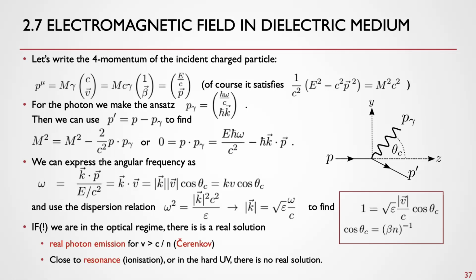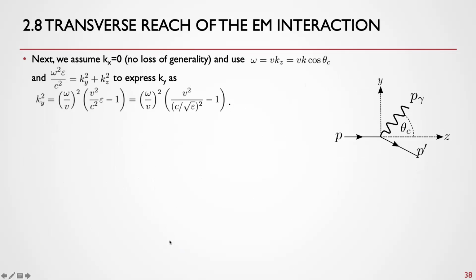Good. So this tells us that for high velocities, higher than the speed of light in the medium, and we want to have a large value of n to see that, a real photon is indeed emitted. Now, this is called Cherenkov radiation, and we're going to discuss it, but let's first look at the transverse reach of the photon,